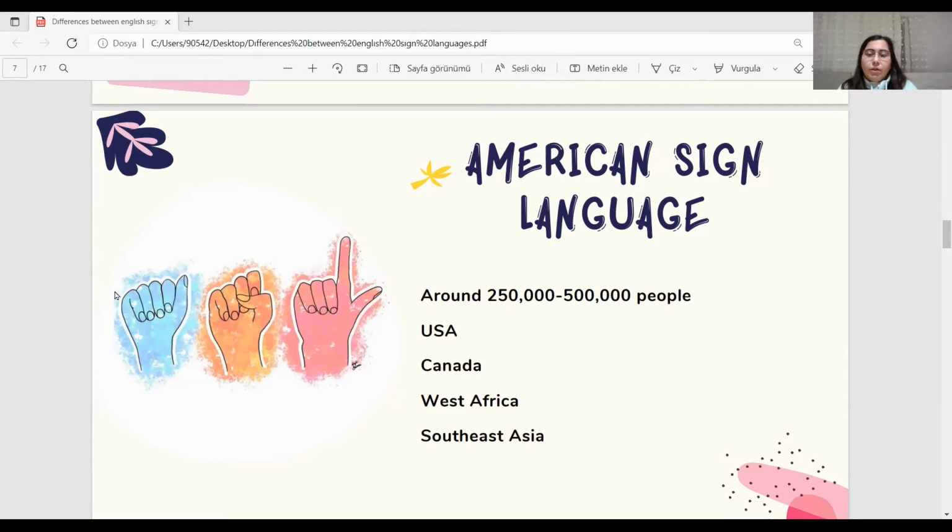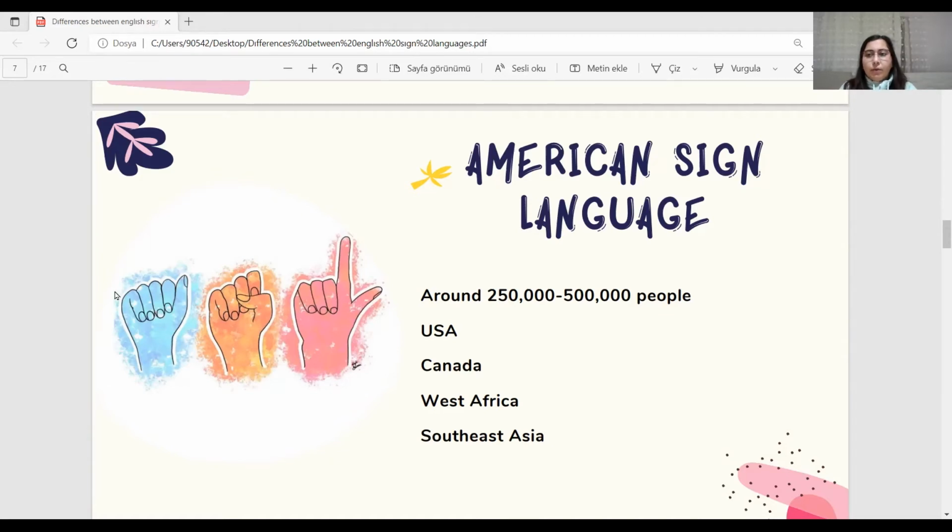Like French Sign Language, ASL uses a one-handed fingerspelling alphabet, but in reality it was influenced by Martha's Vineyard Sign Language and other local sign languages. American Sign Language, or ASL, has its own syntax and rules of grammar. It changed over time and has common linguistic properties like other languages.